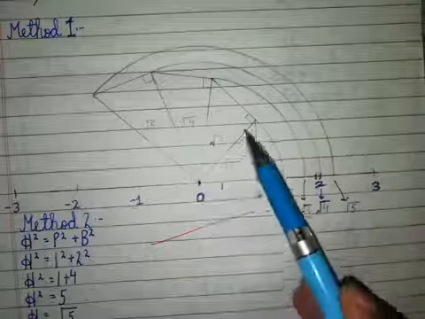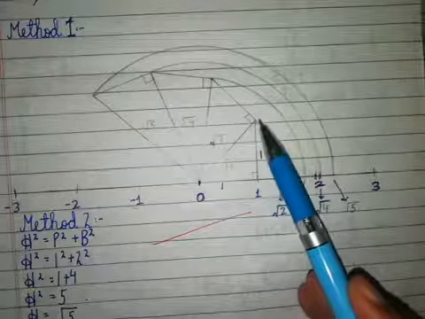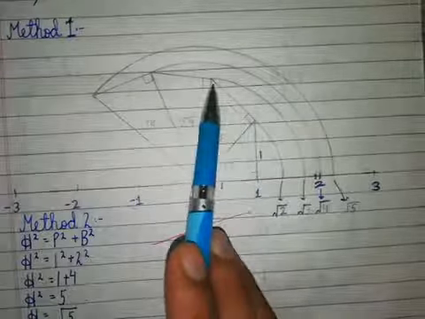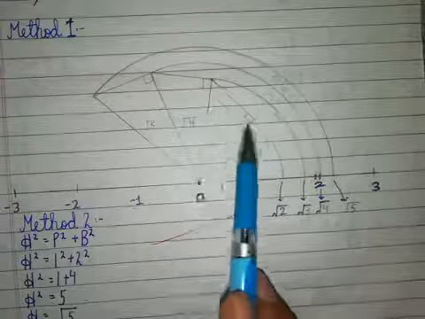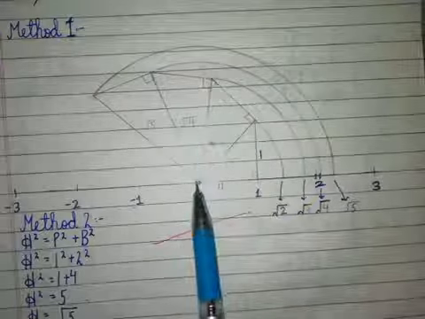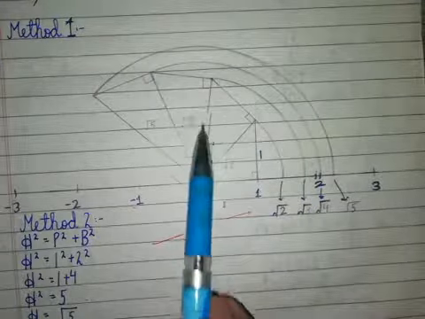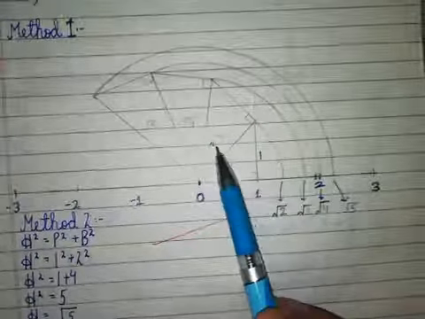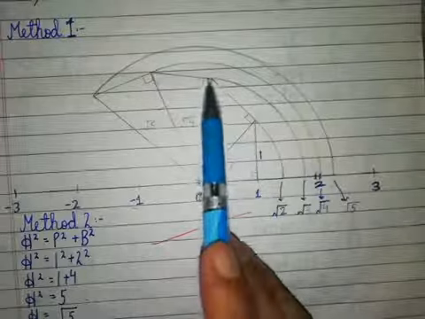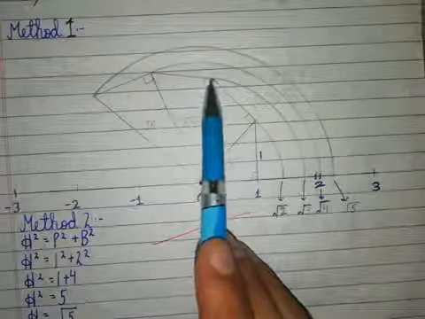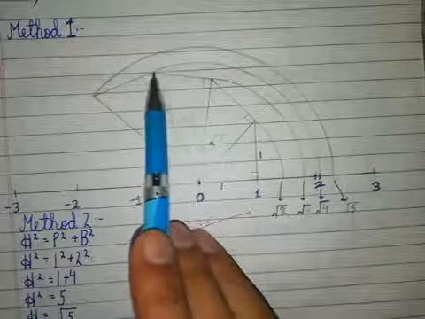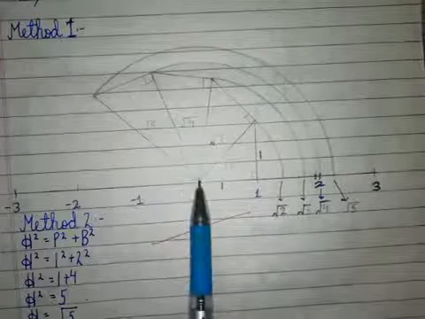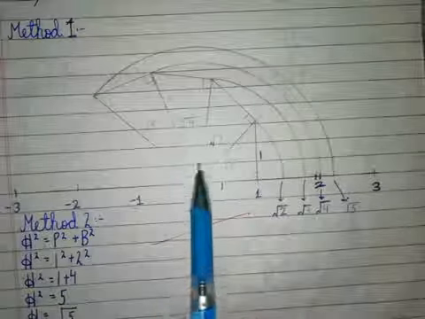So now this gap is under root 2. Now same case, with 1 inch we have to draw a perpendicular line again here, okay. Now join these 2 points, this point and this point, with the help of a scale, okay. So this represents under root 3. Now same case here also, with 90 degrees we have to draw another 1 inch line and join these 2 points, this point and this point, okay. So this represents under root 4.